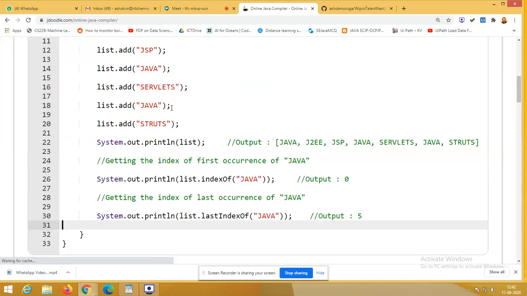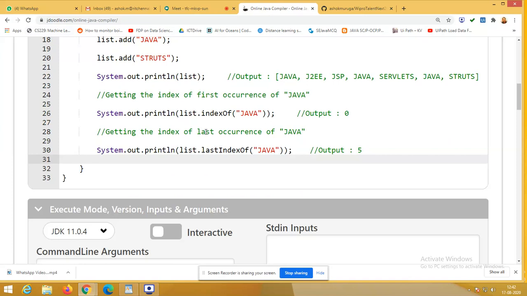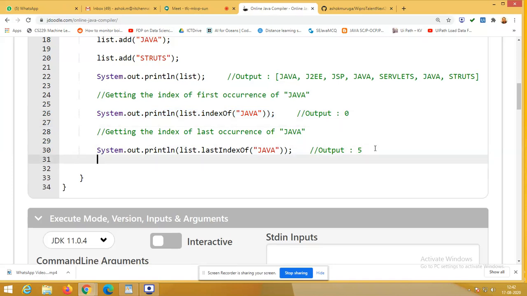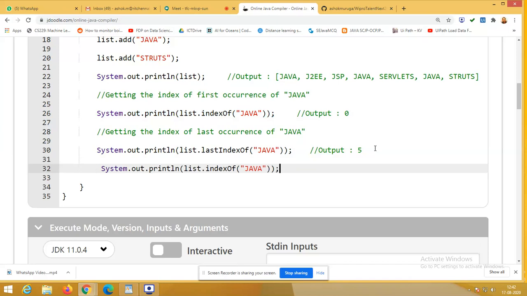For example, if the given content is not available in the list, what do we do? For example, I want to search this. Control C. Instead of Java, I'm going to search Python.